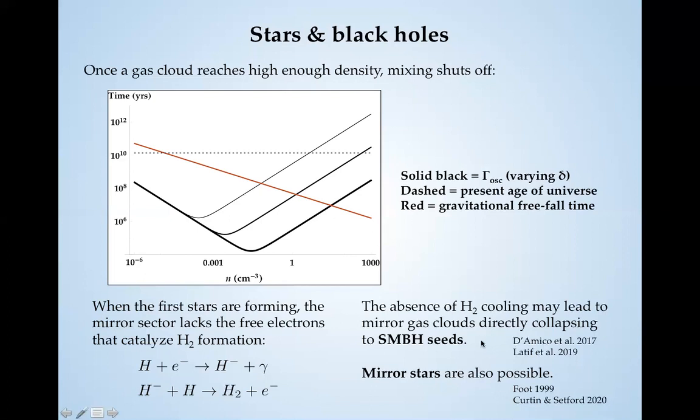So this particular idea has actually been studied in detail in a couple of recent publications. It's really just a coincidence that our scenario naturally links up with this work. And I should say the context here, of course, is that it's still an outstanding question how billion solar mass black holes got to be that big within the first billion years after the Big Bang. And then another possibility I'll just mention is the formation of mirror stars, and these two possibilities are not mutually exclusive. So we're not making any kind of rigorous predictions here, but we think that these outcomes are plausible at least.